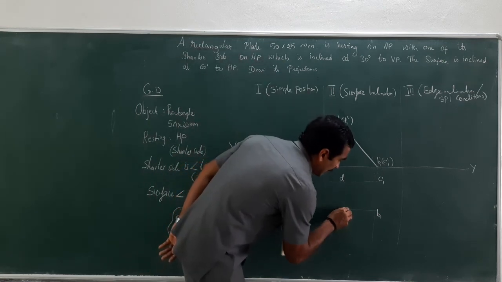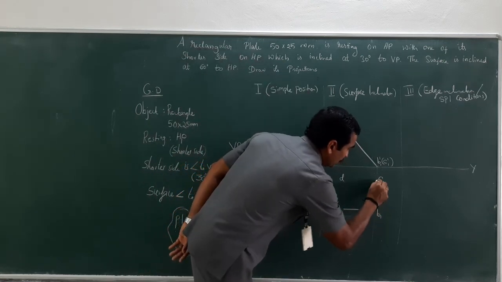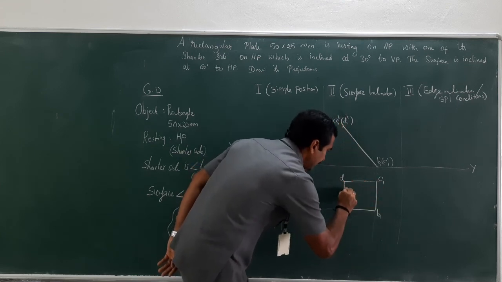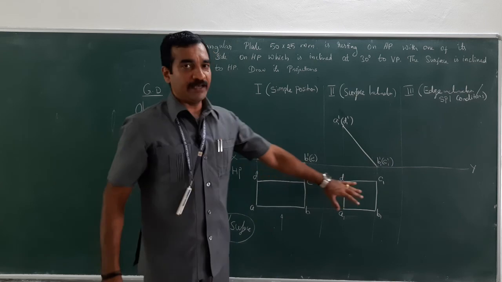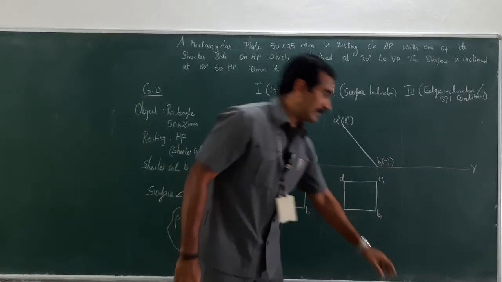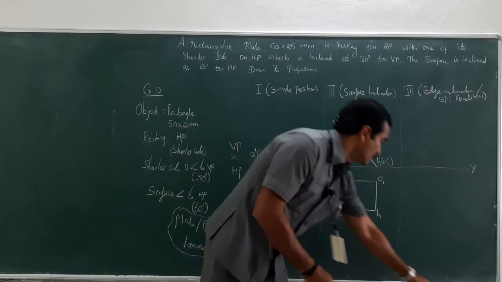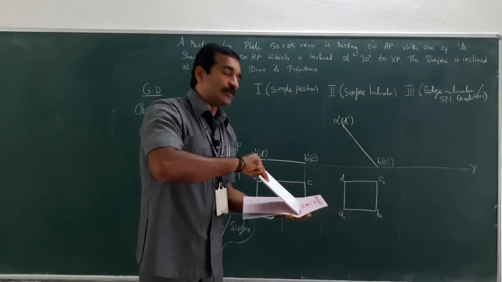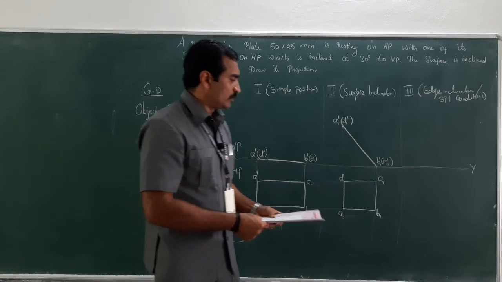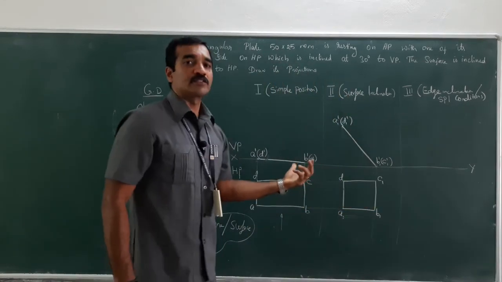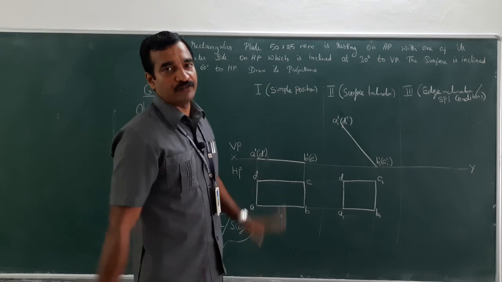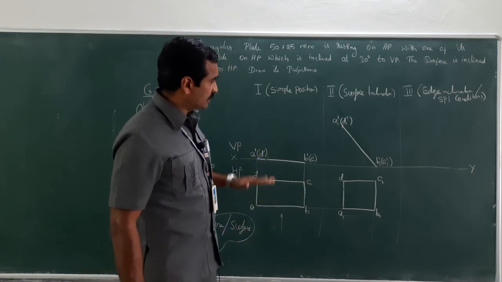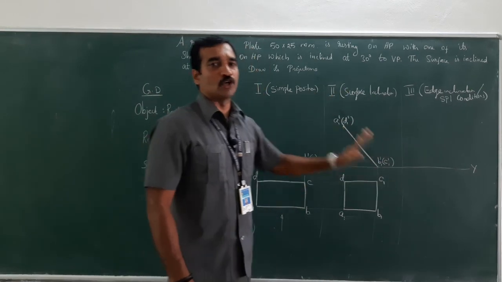Now, draw the lines A to B, B to C, C to D, and D to A. Look at here, this rectangular object has been seen when it is tilted at a particular angle. When you look at it from the top, it could look like a square or a squeezed shape of a rectangular plate. So the stage is, the surface inclination is also over.